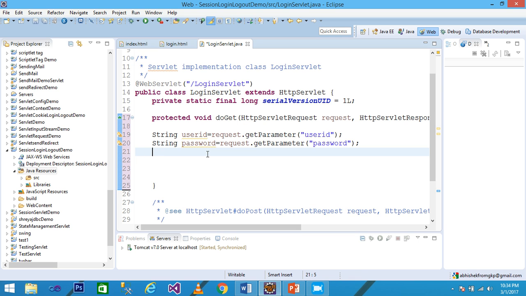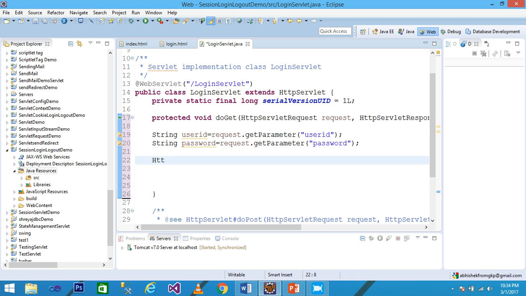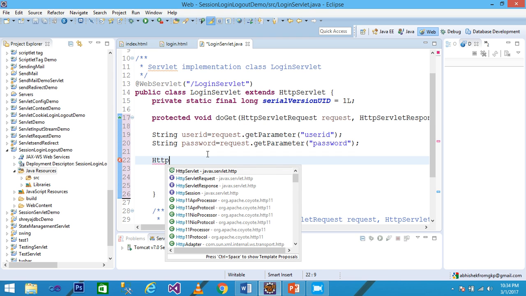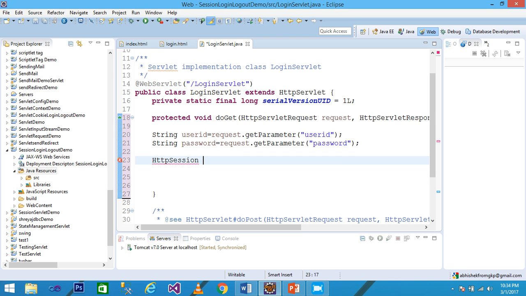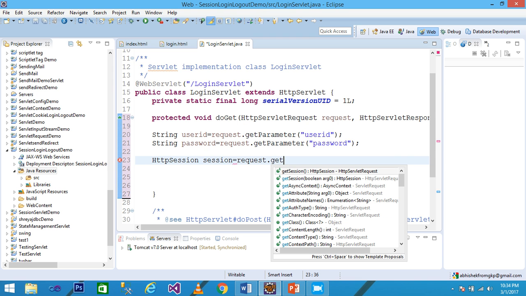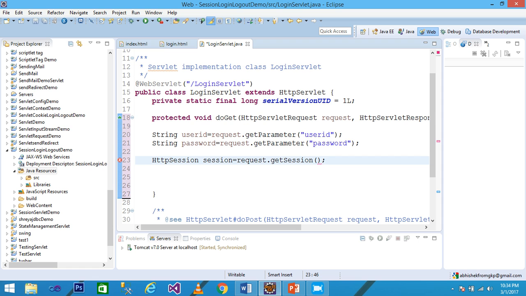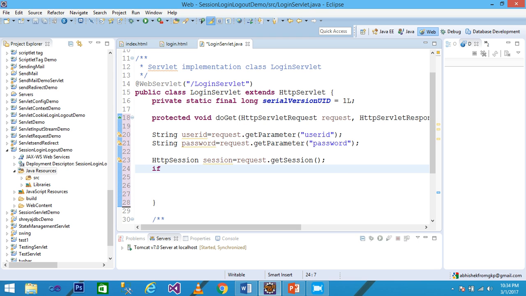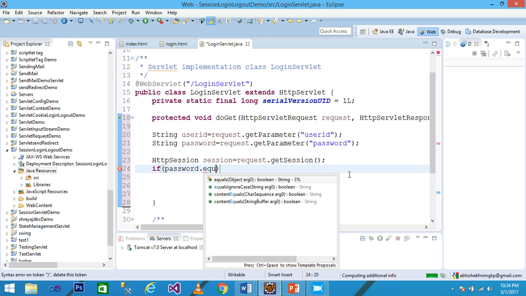And I create here the HttpSession, and I pass the session as object, and then request.getSession, and then close it. You see here I am using the getSession method that returns the HttpSession, and the HttpSession object is session, and then I am giving a condition password.equals